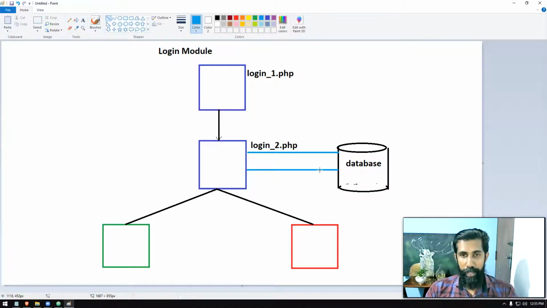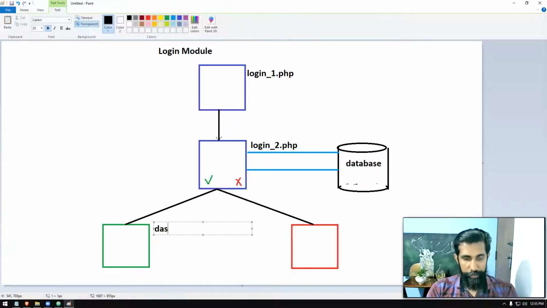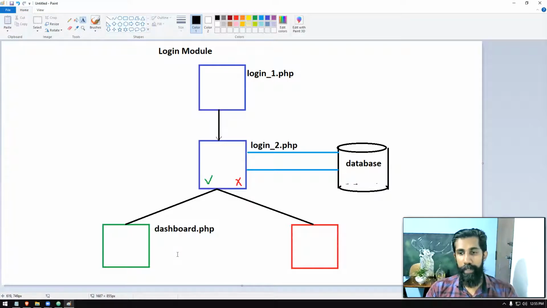If the username and the password match, then we give the response back. Yes, it can match, and sometimes it cannot match. If the username and the password properly match in the database, we redirect the user to the dashboard. We already built it. So the user will come to the dashboard.php file. Once the proper login is done, people will land on the dashboard.php.